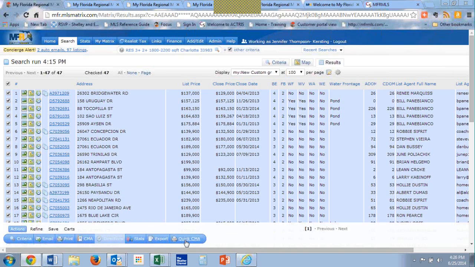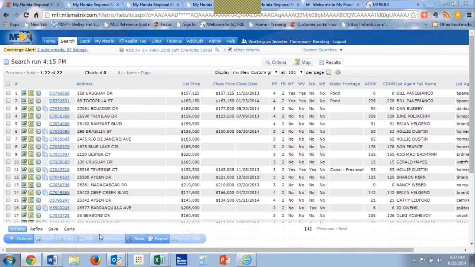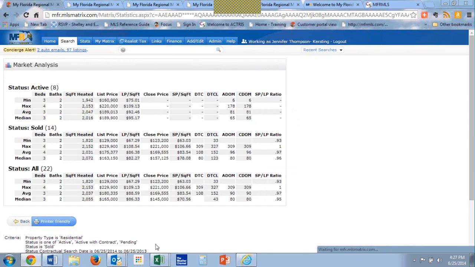The other thing is I could also run that quick CMA from here, and then I could also go here and run some stats from here. If I go down into this section, actually, let me go back and change my criteria real quick. Let me go grab my 365. I'll get my previous year activity on my results and go to my stats, and then I'm going to choose the tabular stats. So when I go to tabular stats, that gives me a breakout by status of the properties,